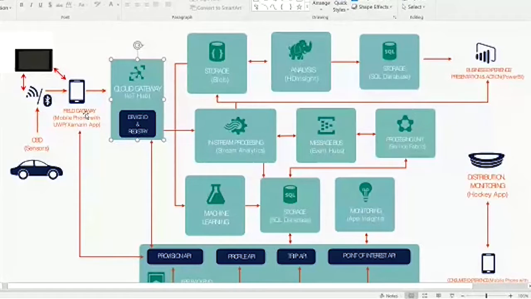I can have a lot of devices that at the same time send data to my hub, and I can ingest all the data coming from all my sensors around the world with no problem, with no risk that I lost any of them. IoT Hub also creates a queue inside itself to ingest the data. And what IoT Hub permits me is to